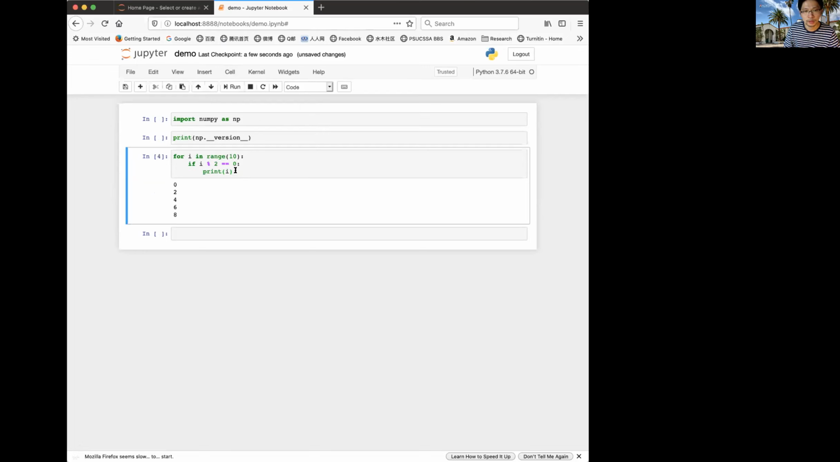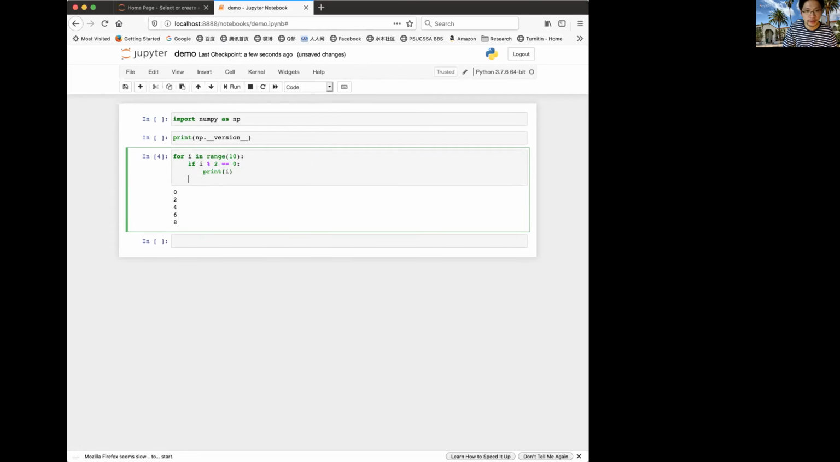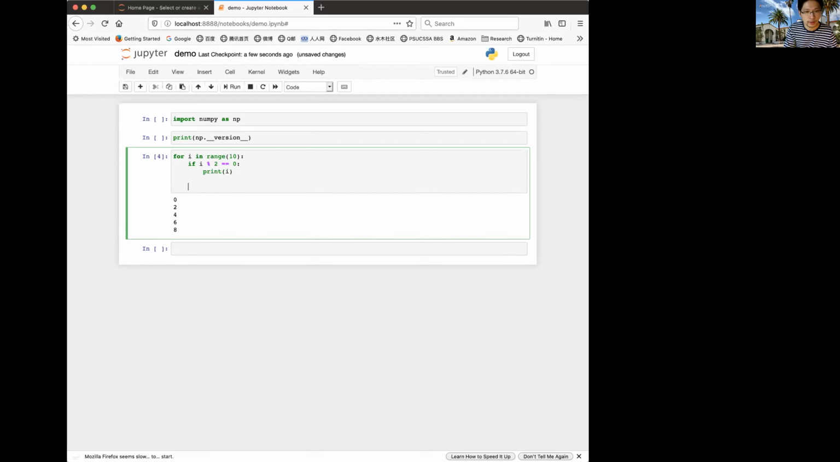Right, so you can think of each cell as an environment where you can define variables, write code, write logic, and execute code. And the variables defined in each cell are shared between cells. Like here, I define